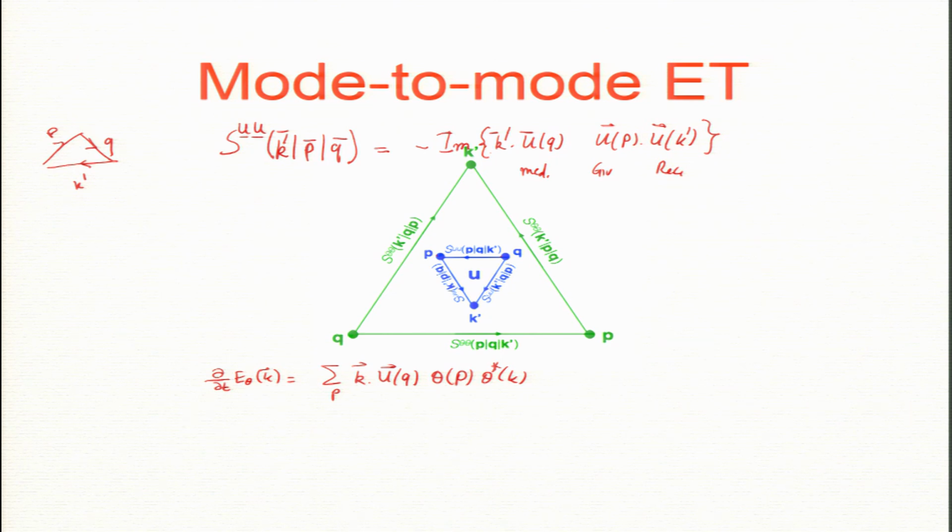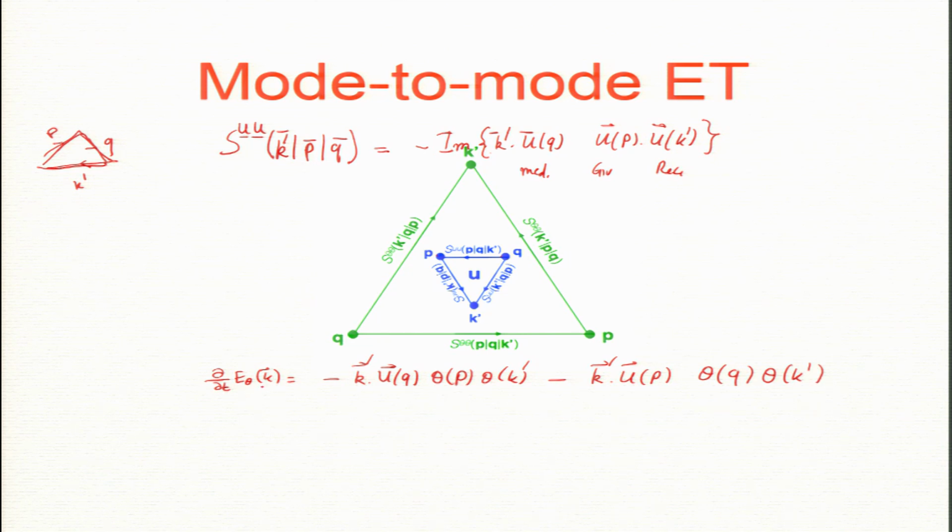Now if you focus on a single triad, this one, then what will I get? This sum will become only 2 terms. Now I am going to make a change of notation here. So k prime is minus k. So this is a minus k prime, and this was k prime. Star becomes that. Since it is a sum, I will have one more term, minus k prime dot up theta q theta k prime. So these are only 2 terms.